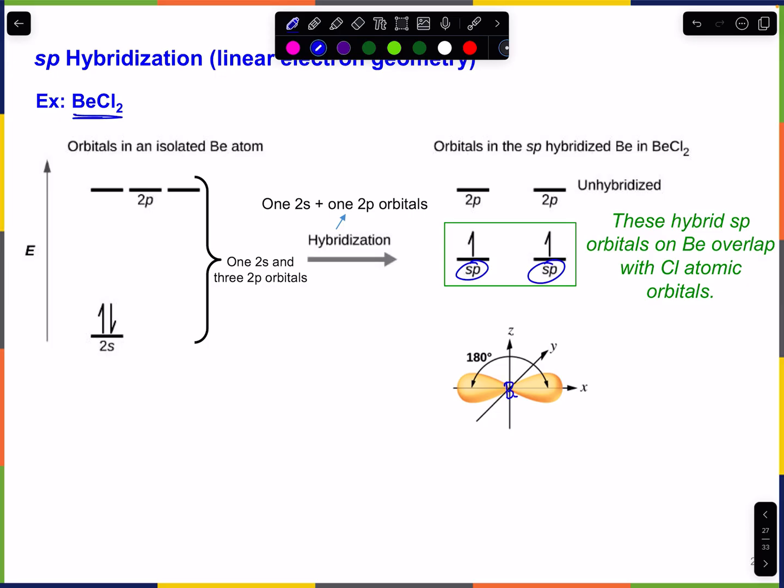If we have beryllium here at the center, since the electron geometry here is linear, or two electron groups, that means that we have sp hybridization. Beryllium will be at the center, sp orbitals here for the beryllium atom, two of those that will be used to make bonds with the chlorine atoms,